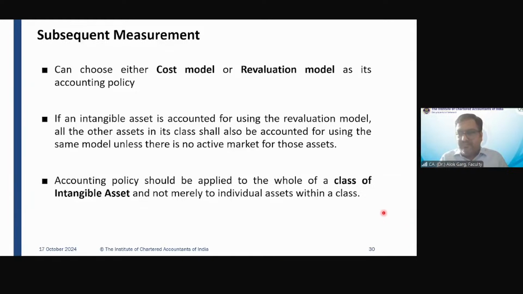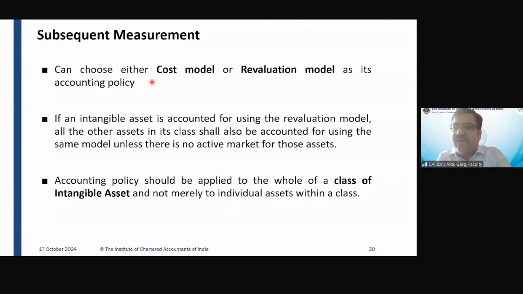If we added some additional part of assets... So Mamta, that is a subsequent cost. I am talking about subsequent measurement. Initial measurement is at the transaction date, subsequent measurement is at the reporting date, right? For example, the company purchased a software on 1st January 2023 for rupees 10 lakh. The company will capitalize the software: debit intangible asset, credit bank account, 10 lakh rupees.